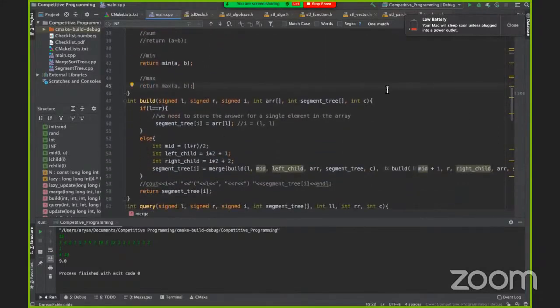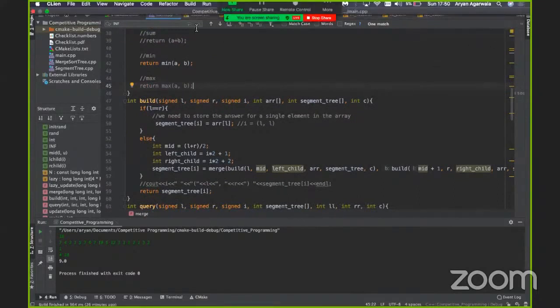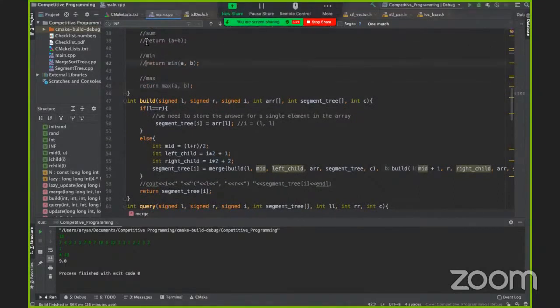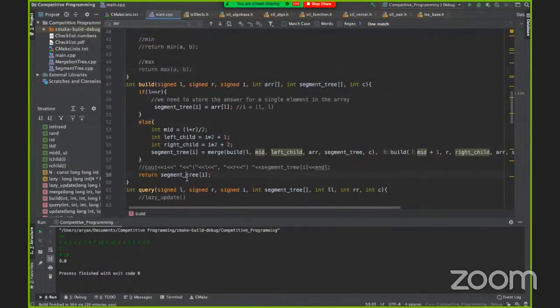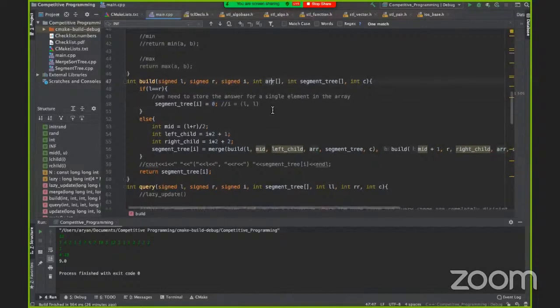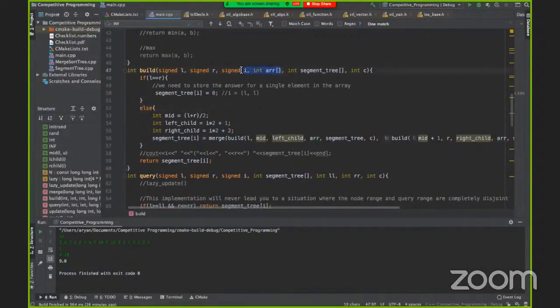For our merge function, we don't need min anymore. We need sum. And we do need a build function, but everything will just be 0. So instead of referring to arr, I'm just referring to 0. And for arr, we'll just pass some dummy array for now, but you can remove this as well. I'll remove it actually.